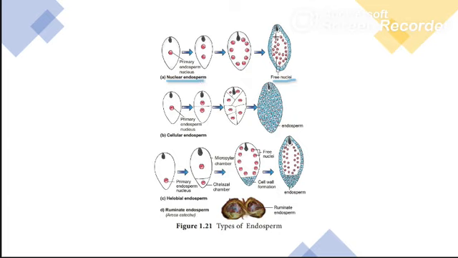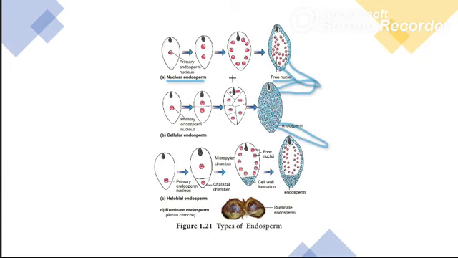What about haustoria? The haustoria usually is formed from the chalazal region. But in cellular endosperm, haustoria can arise from the micropyle or from the chalazal region or from both regions